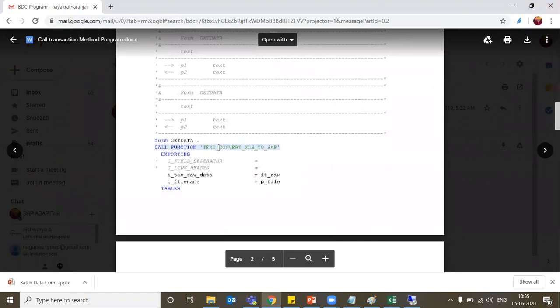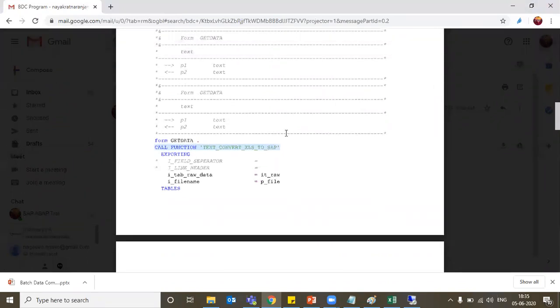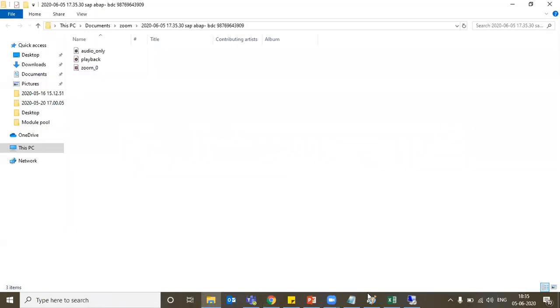Which is the function module? Text convert to Excel.